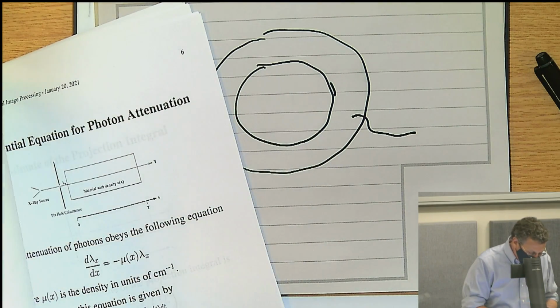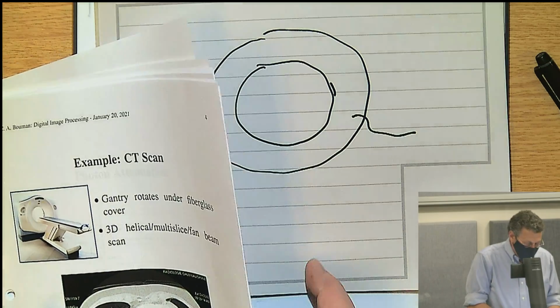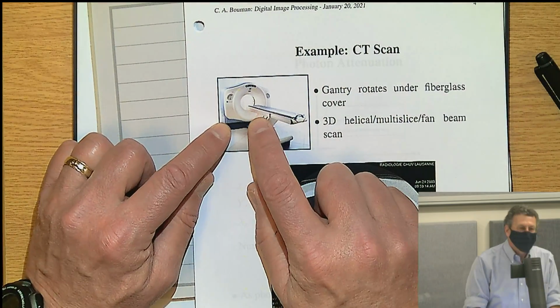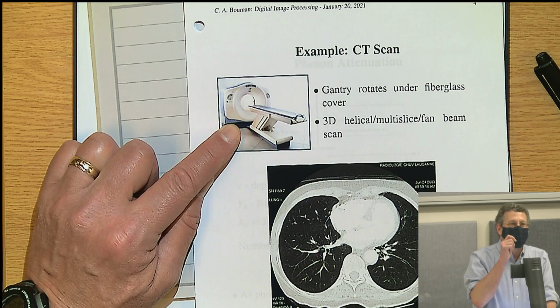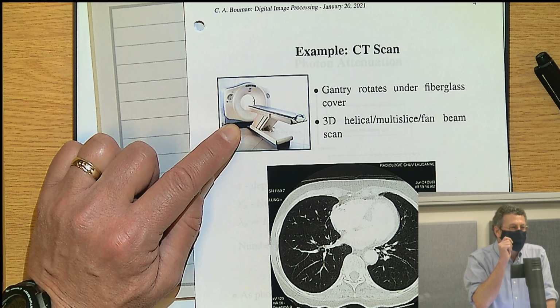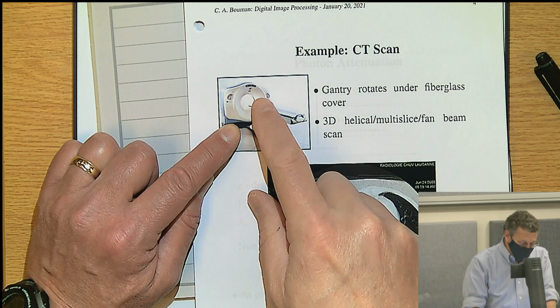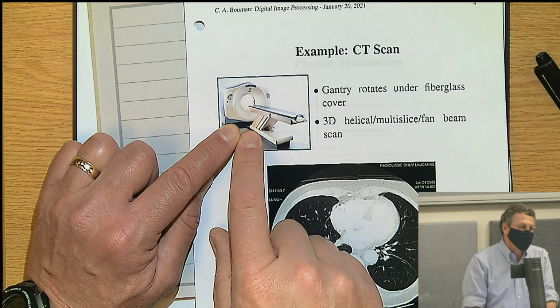Here's the other little secret, which is that when you go in to get a CT scan and you're sitting inside this little guy here, someone calls over like the little megaphone thing and they go, "Are you okay?" And you go, "Yeah, I'm fine." And they say, "Well, we're going to take the scan now." And you hear, "Woo!" Okay? If you took the fiberglass cover off this thing, you'd be like, "I'm leaving this place," okay?